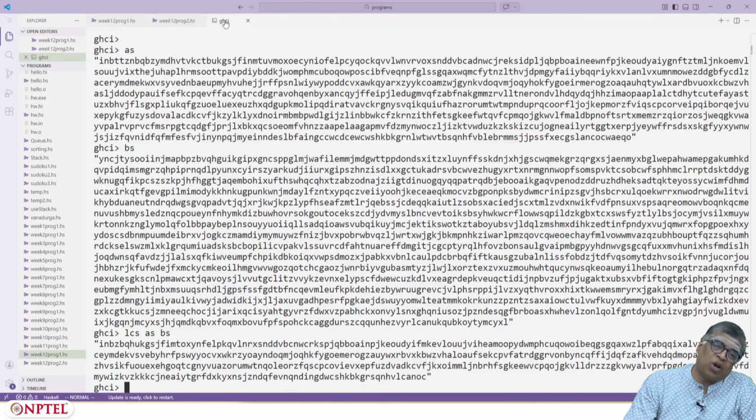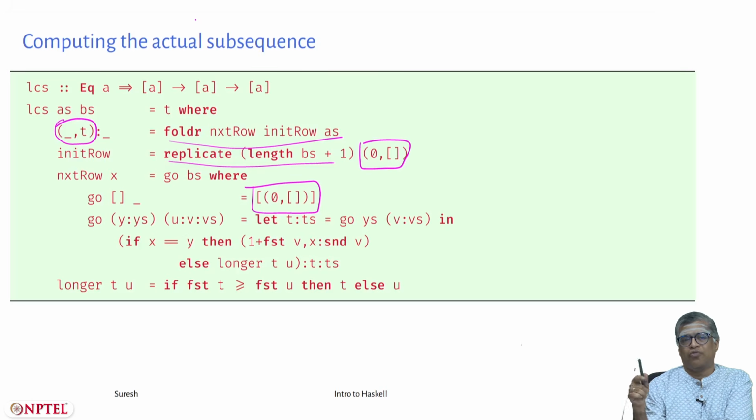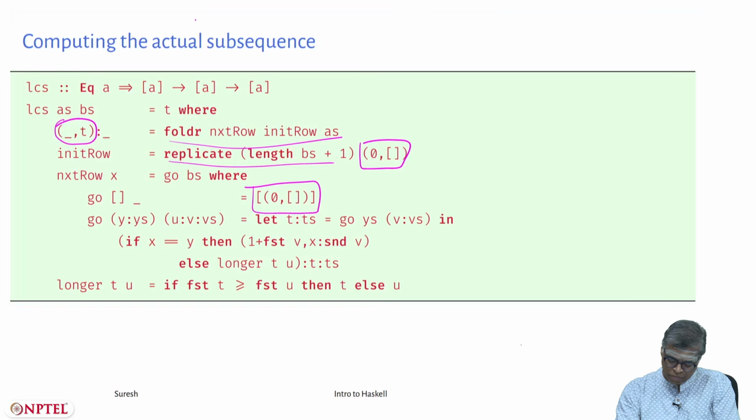How do you check that this is indeed the longest common subsequence? That's something that you can actually program and try to test on your own. I'll leave it to you as an exercise. Essentially what I want you to do is, given 3 strings, check whether the first string is a common subsequence of the other 2, and furthermore check whether it is the longest, which would require you to do this LCS computation. The simplest way would be to do the LCS computation and check whether it is equal to that string. If you think of a better way, you can do that yourself. Okay, that is true. Once I have computed the LCS, I can check that it is an LCS.